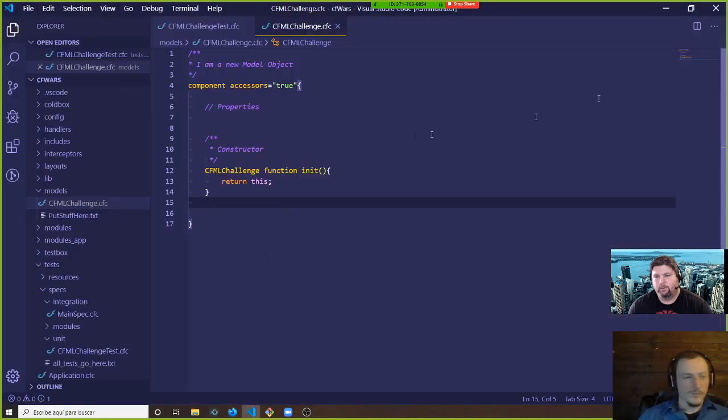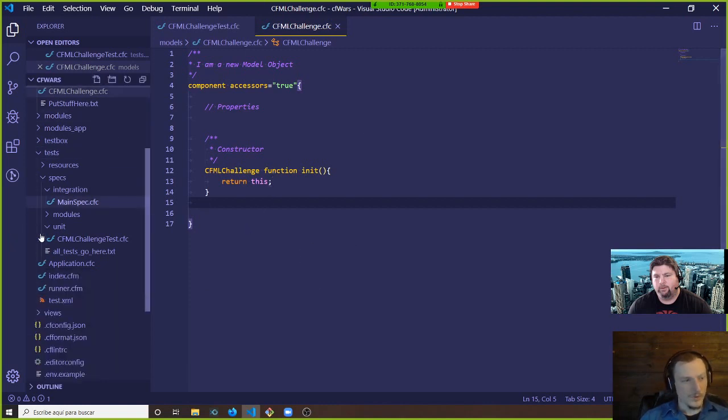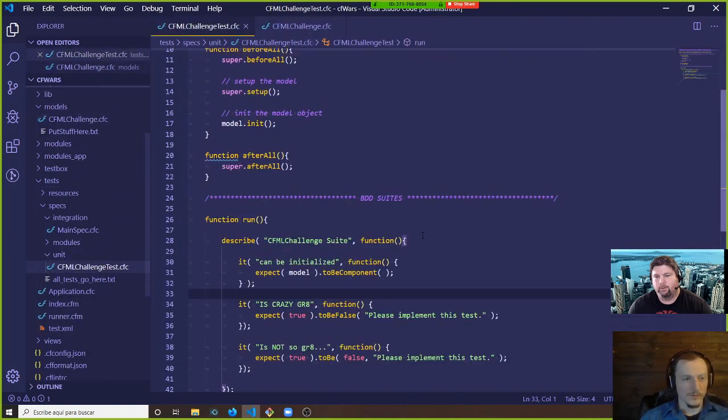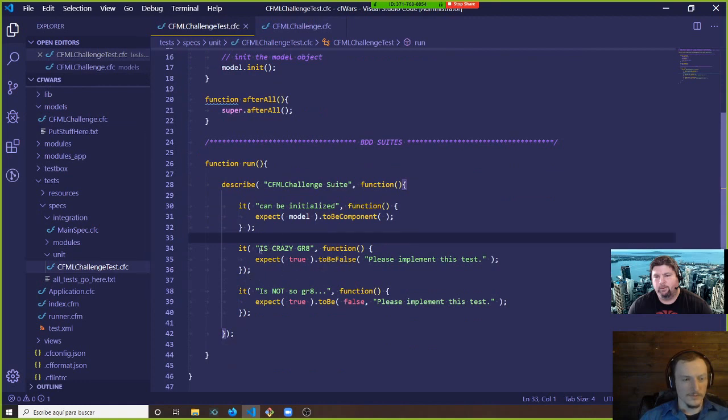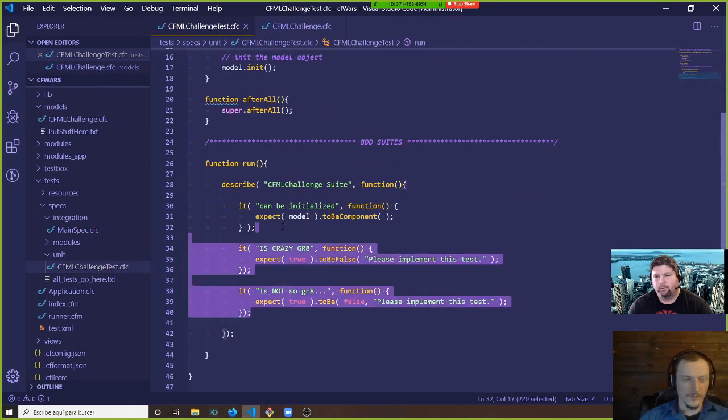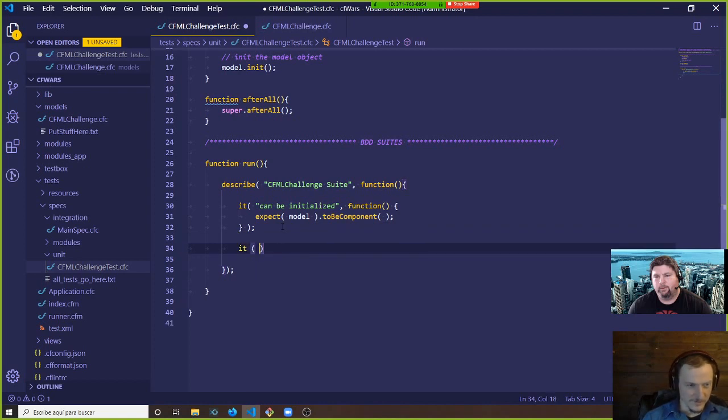So let's go TDD style. We're going to go into the CFML challenge test and write a test for this. Okay, so in here, we're going to get rid of one of these. I'm going to get rid of both just because. Okay, so under our it, we're going to have,